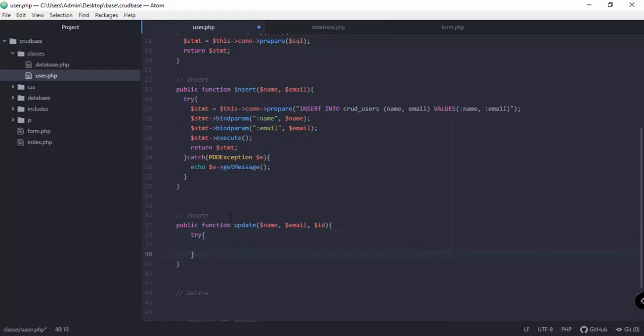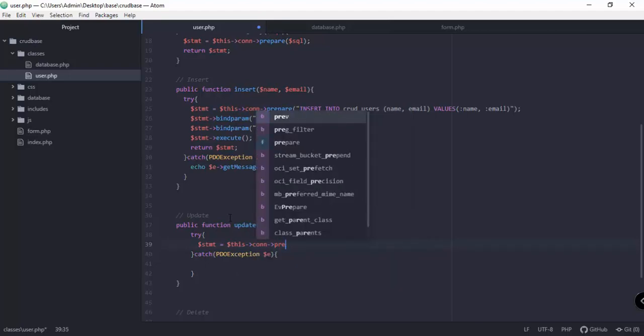We will add the try and catch block. So this is gonna be a PDO exception, and inside the try block we will be adding the statement, and of course we're going to use our connection, right, and then prepare,